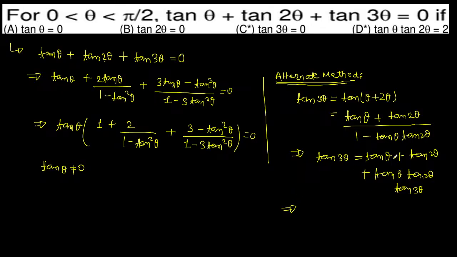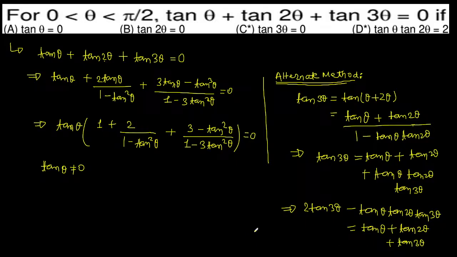तो अगर टेन थ्री थीटा दोनों साइड ऐड करें तो हमारे पास होगा टू टेन थीटा टू टेन थ्री थीटा माइनस टेन थीटा टेन टू थीटा टेन थ्री थीटा इज इक्वल टू टेन थीटा टेन टू थीटा टेन थ्री थीटा। आगे स्पेस है, स्पेस नहीं है, तो नॉर्मली टेन ये जीरो है, ये इक्वल टू जीरो है, तो हम ये बोल सकते हैं कि टेन थ्री थीटा इज इक्वल टू जीरो। इसके अलावा ज़्यादा कमेंट नहीं कर सकते। तो थीटा हो जाएगा मतलब पाई बाई थ्री के बराबर भी हो सकता है, और पाई बाई थ्री जीरो और पाई बाई टू के बीच में है।